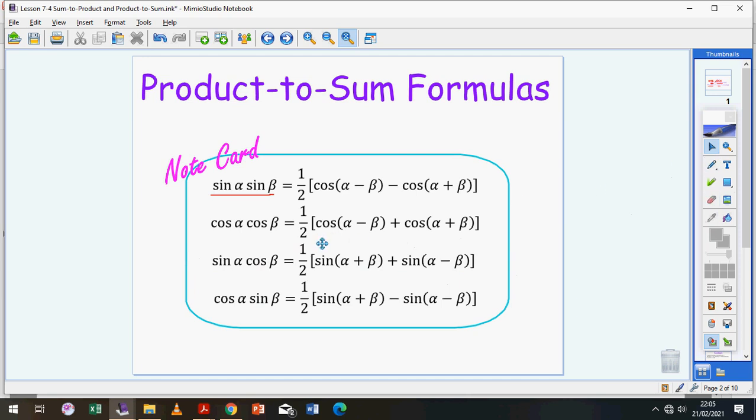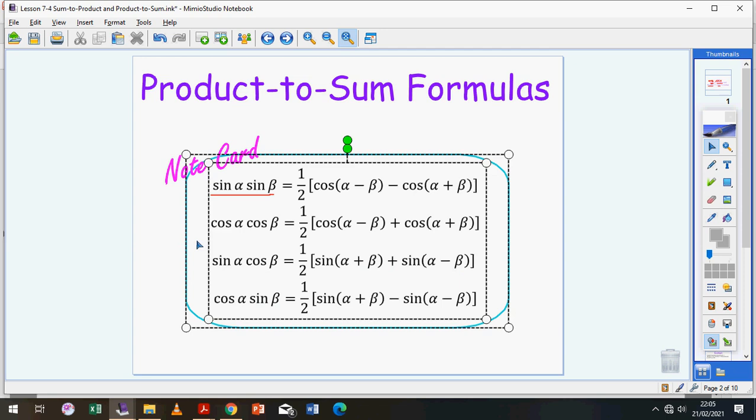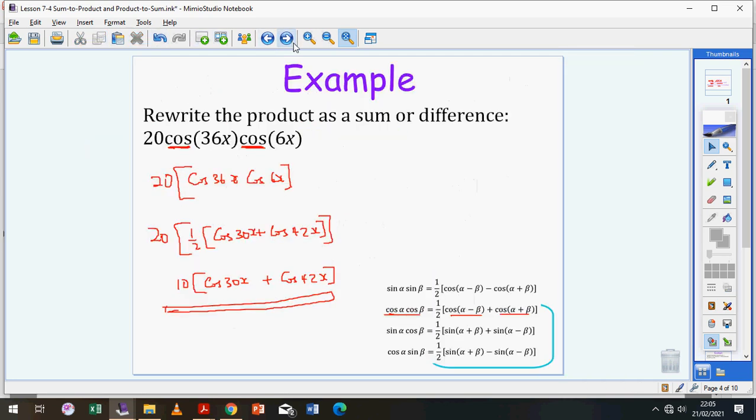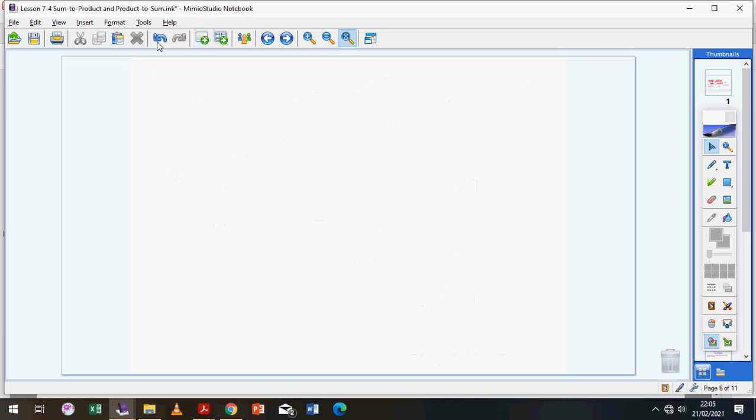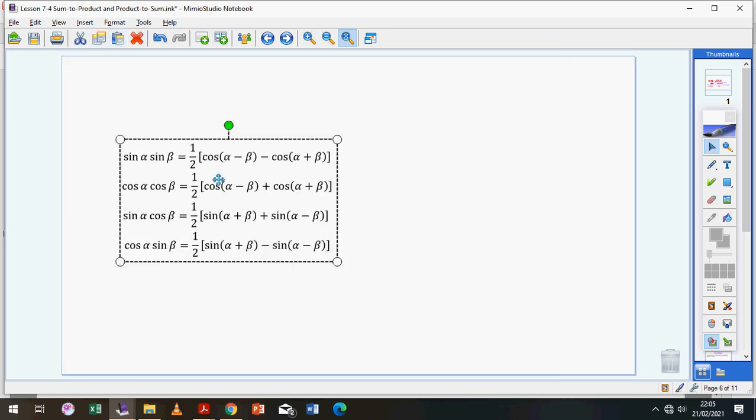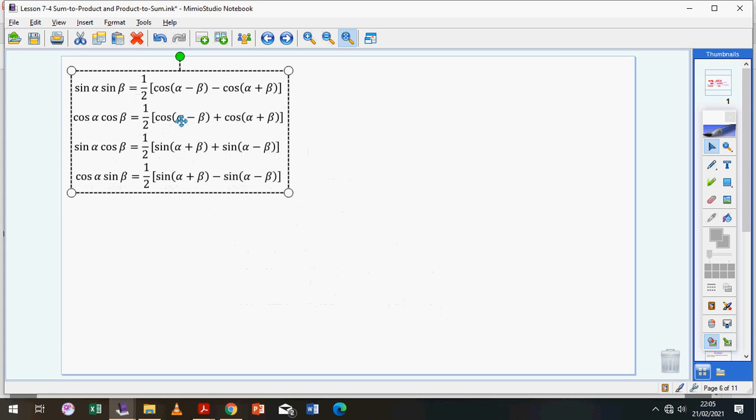Obviously, no one will ever ask you to prove them, so I'm just doing them because if there are any curious people wondering why these things are the way they are, maybe this can help you appreciate that before you move on. So these are the product to sum formulas,